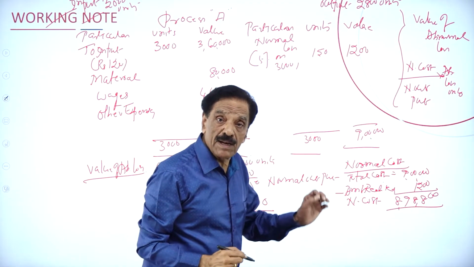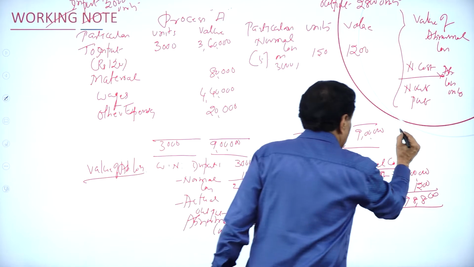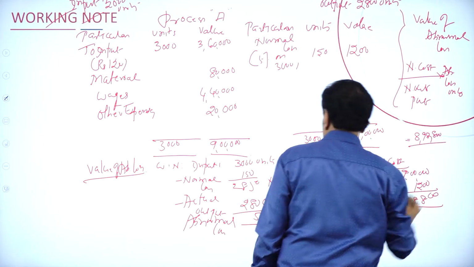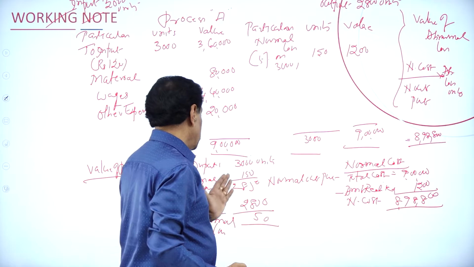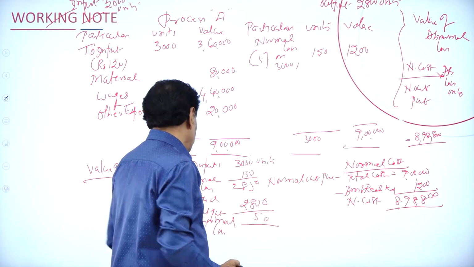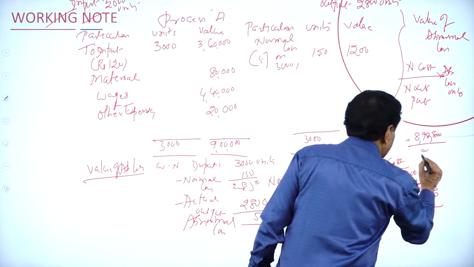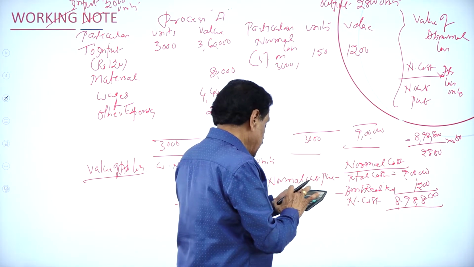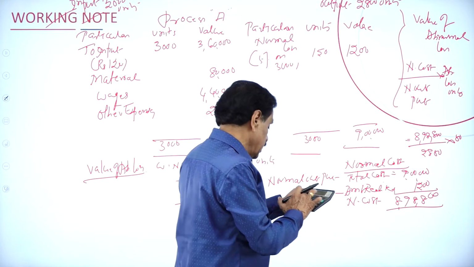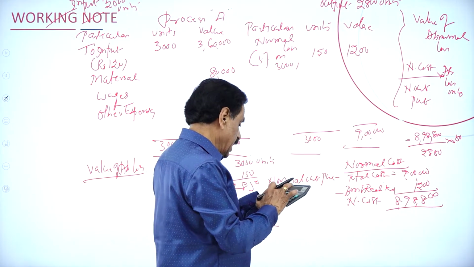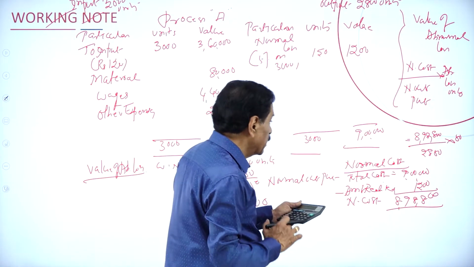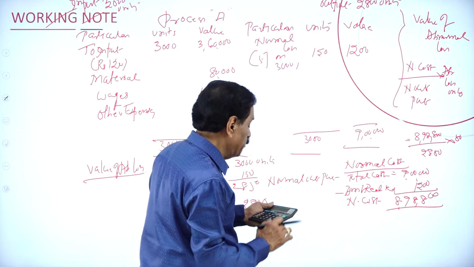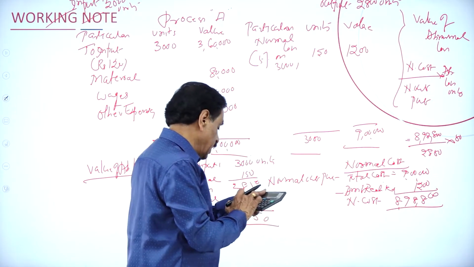What's your normal cost? 8,98,800. Your normal output is 2,850, into 50. So it is 8,98,800 divided by 2,850